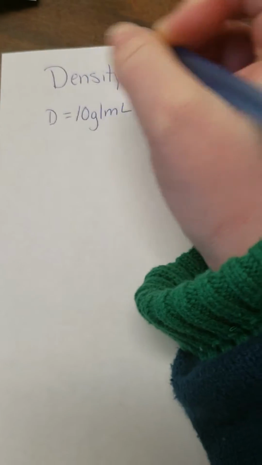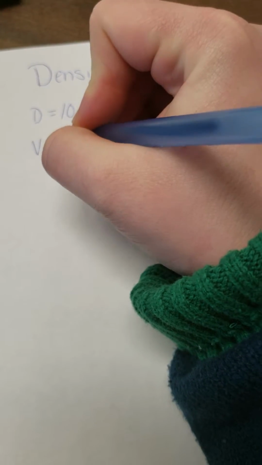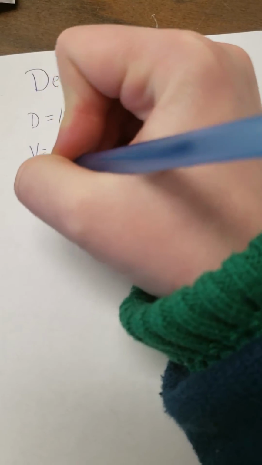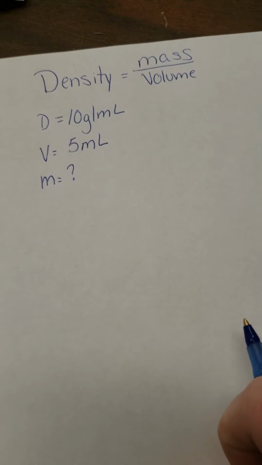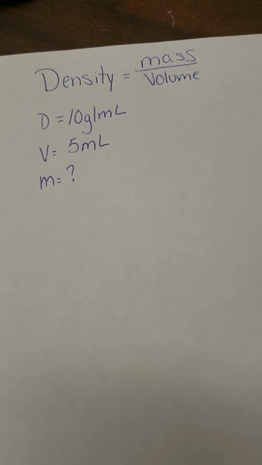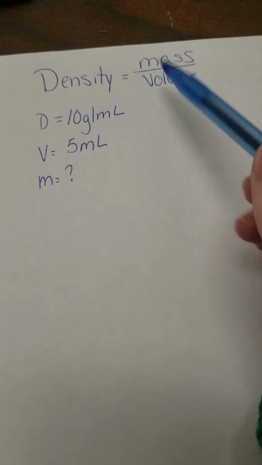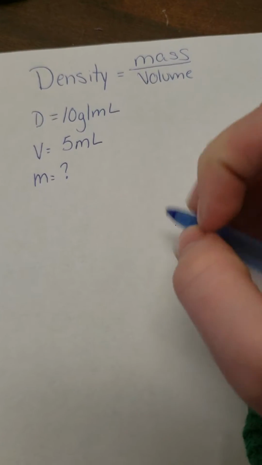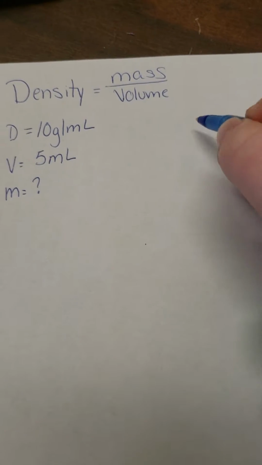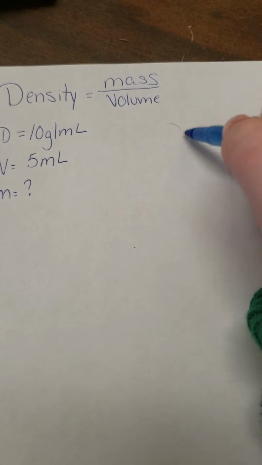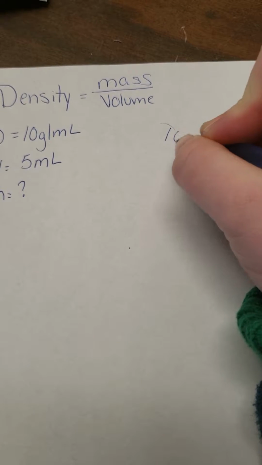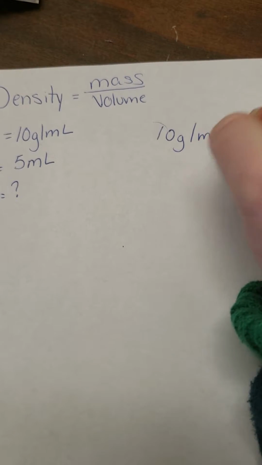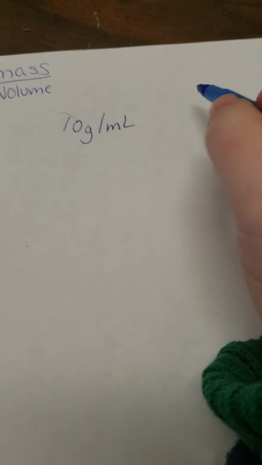is 10 grams per milliliter and the volume is going to be 5 milliliters, we're going to be solving for the mass. So the way I like to do this is I like to just plug these numbers into this equation here and then solve for mass. So let's try that. We have density is going to be 10 grams per milliliter, okay, and that's going to equal mass